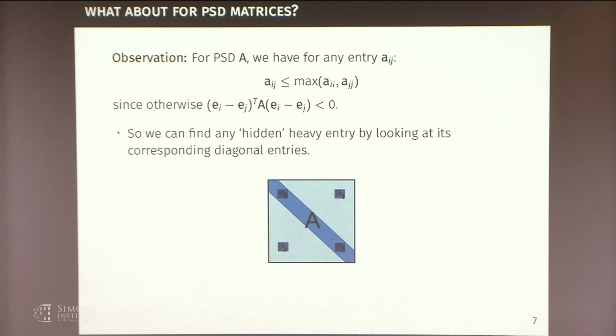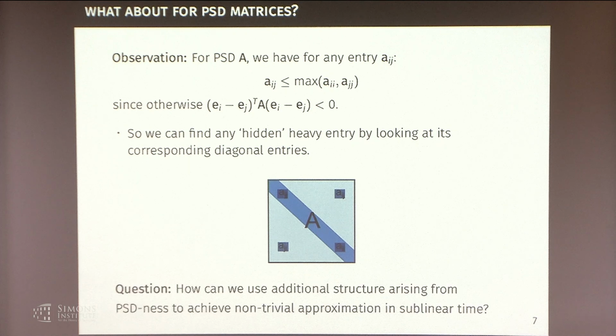So basically, if we have a PSD matrix, we can find these heavy off-diagonals. We don't have this lower bound. We obviously don't have an algorithm, so the question now becomes, what do we actually do? How do we actually get an algorithm using this sort of intuition? Basically, how can we use additional structure arising from positive semi-definiteness to actually get some non-trivial approximation to